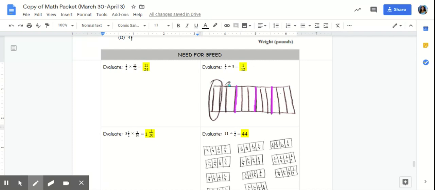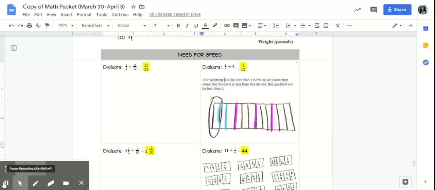Now, if I focus on 1/4, which is here, I'm going to divide that fourth into thirds. So now that I've broken up my fourth into thirds,